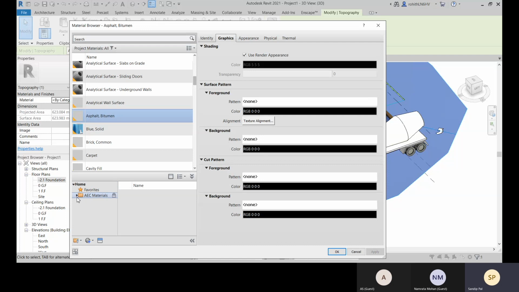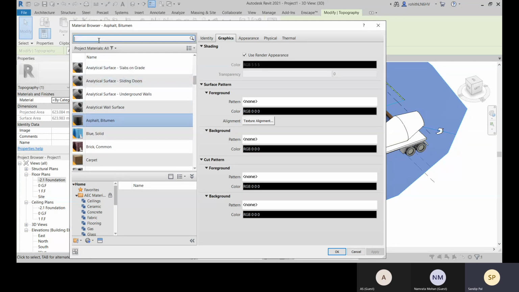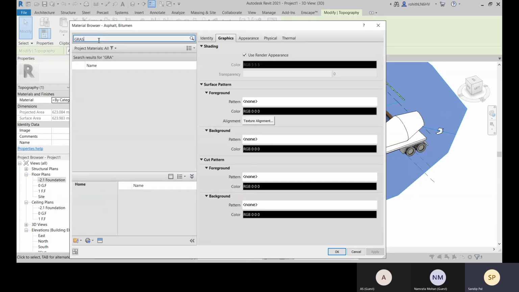So if you come to this AC material, here you will find the miscellaneous option, and under that you will find it. If you're not finding the grass option, you can create your own, or let's first search if there is any grass.